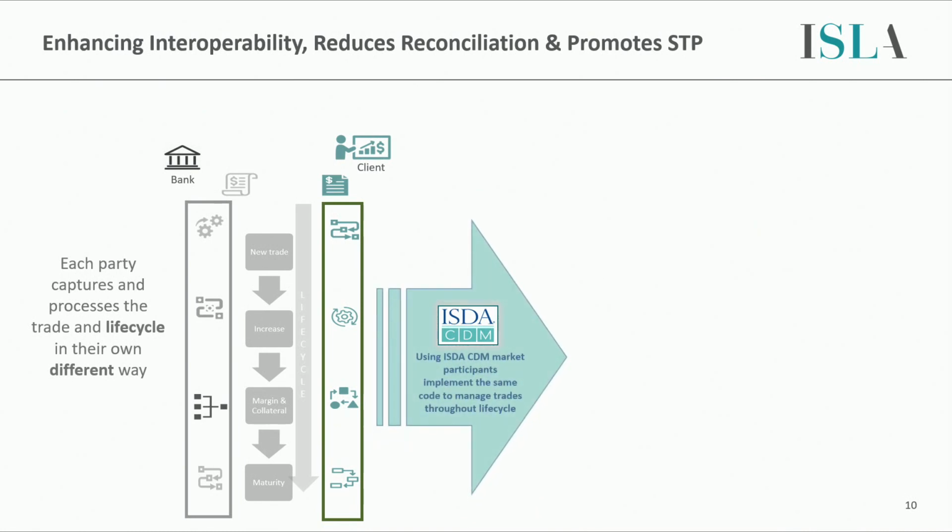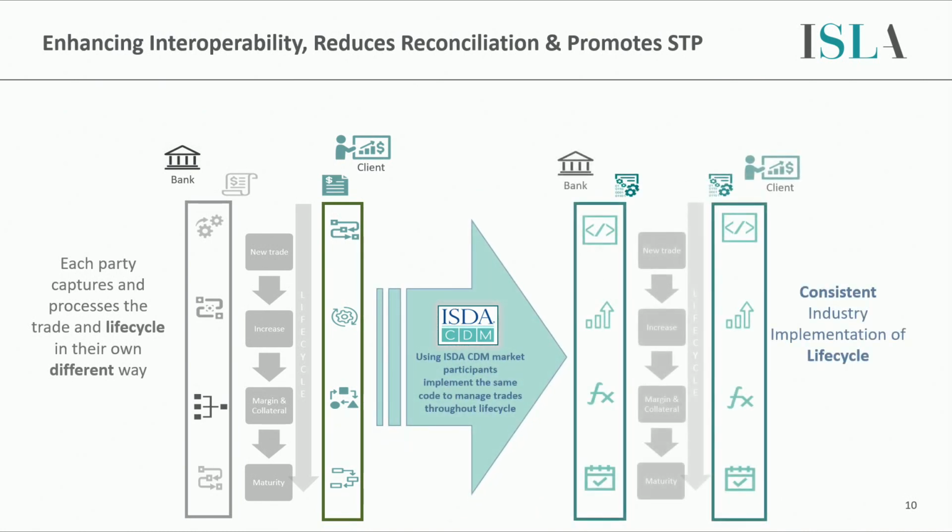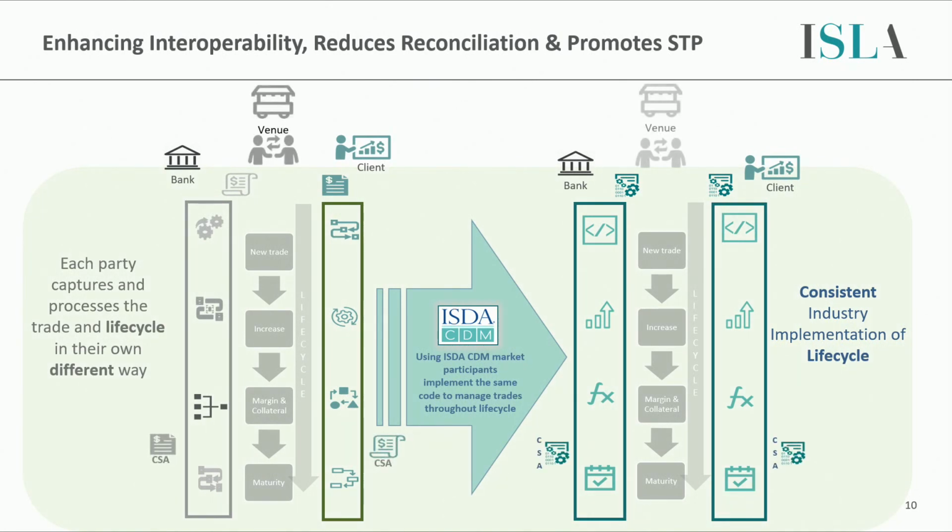If we look at the next slide, another thing to keep in mind is just to go into a bit more detail of that market infrastructure challenge. So how can we move to the reduction of reconciliation and really achieve straight through processing? Well, if we think about the process today, whatever market you're in, how a trade is captured and then something goes wrong. Parties capture the trade in different terms, in different ways. And then at every point during the life cycle, they amend the trade in different ways. And the outcome is a lot of costly reconciliation, as I mentioned.